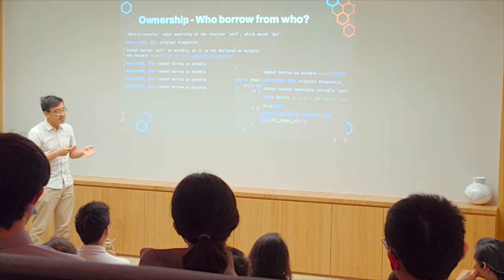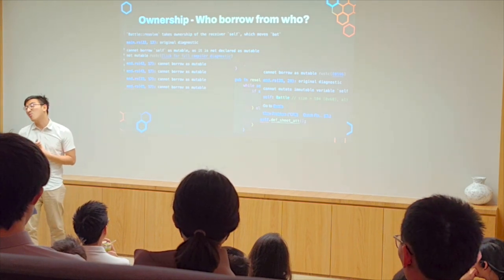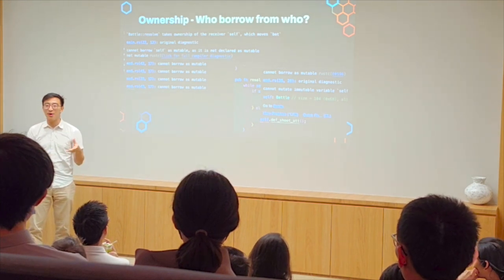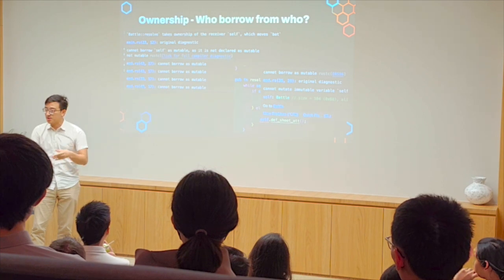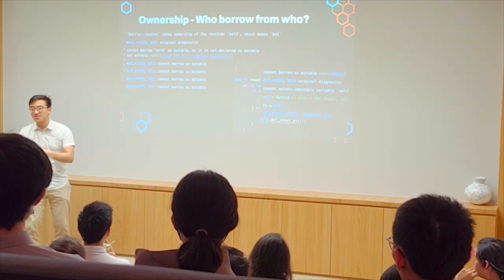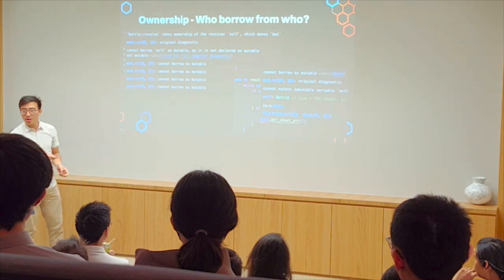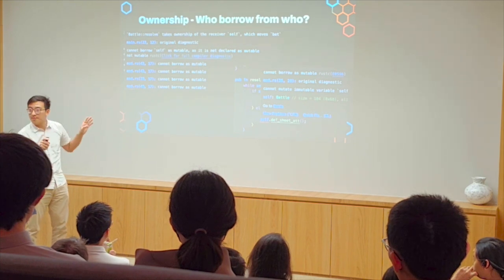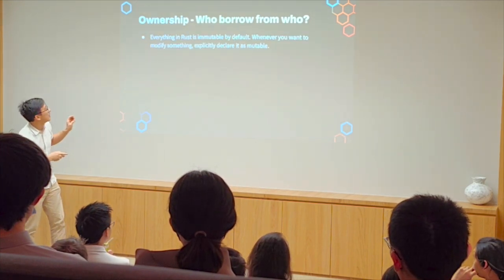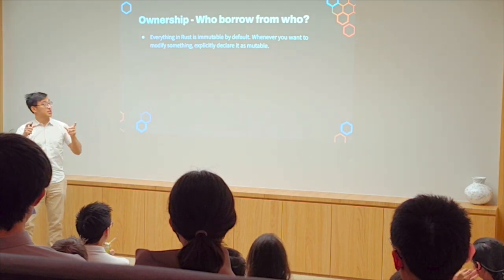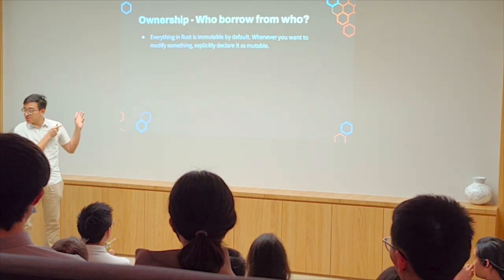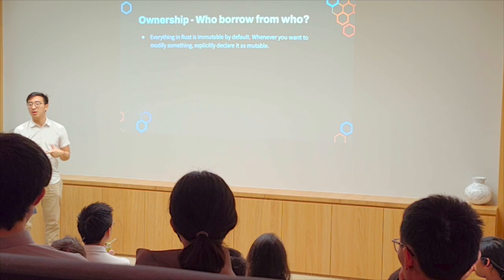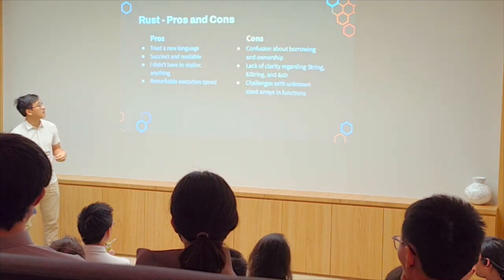And last error, which I actually didn't make a slide for, was that I tried to pass an array into a function parameter, and bam, we get an error again, because you do not know how long the function parameter will be, because it's unbounded length. You need to pass a vector or something, so I need to cast the vector and then pass it through. And to be honest, I had a lot of trouble writing the Rust, all to the more that I finished the MVP, the minimum viable product, and then we didn't get into any of the extra features. So anyways, the answer to the last question is everything's immutable by default. Make sure you cast it as mutable, and then mutate it there from then on.